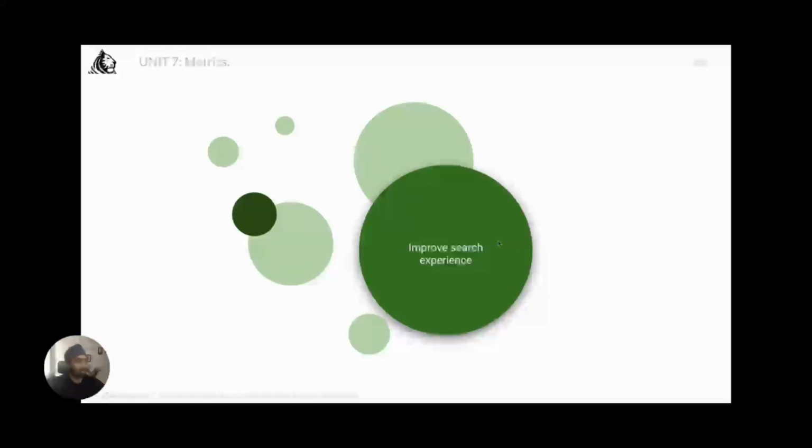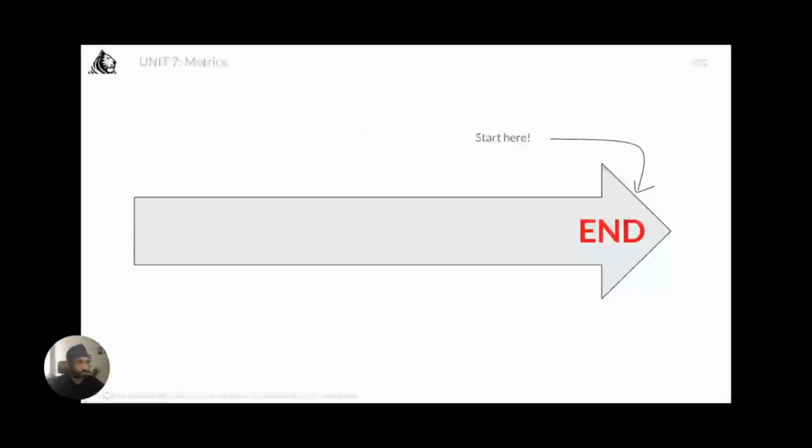Okay, so just to focus on improve search experience, right? You need to start with the end. Always remember that. All pragmatic product leaders, they always start with the end. They'll start focusing on what's the end goal, what's the end result that I'm expecting, and the outcome that I'm expecting the users to go through. And then you will start coming up with the metrics that can truly represent that outcome.